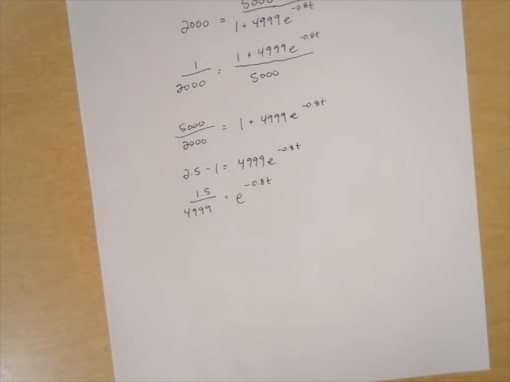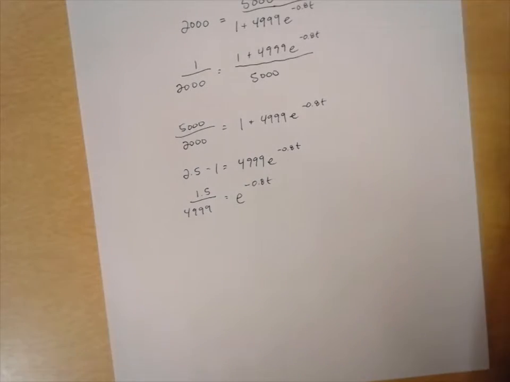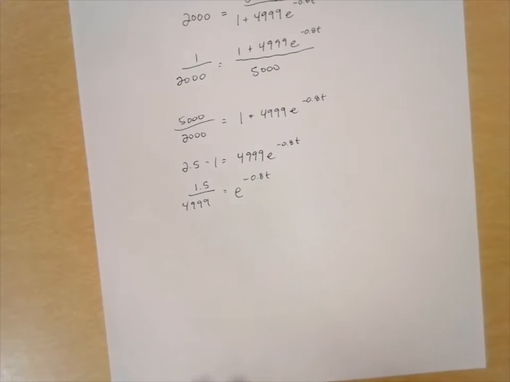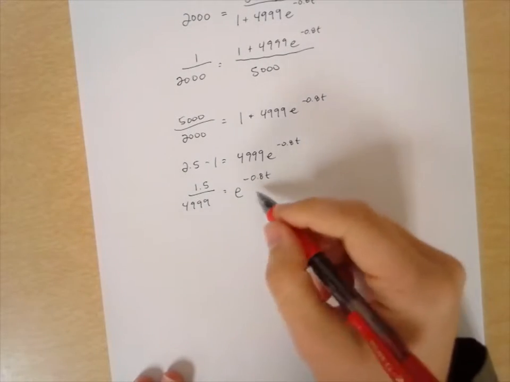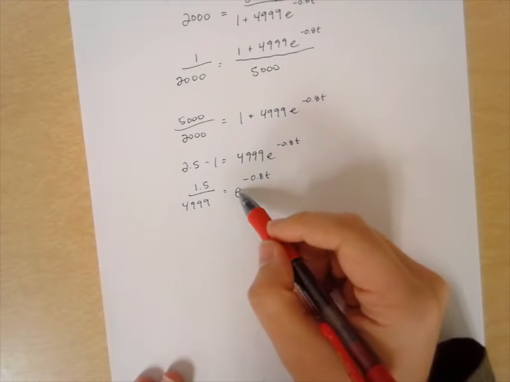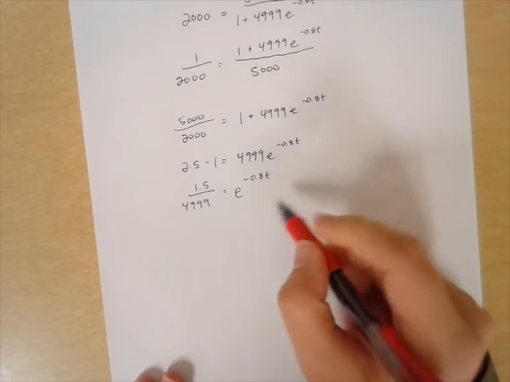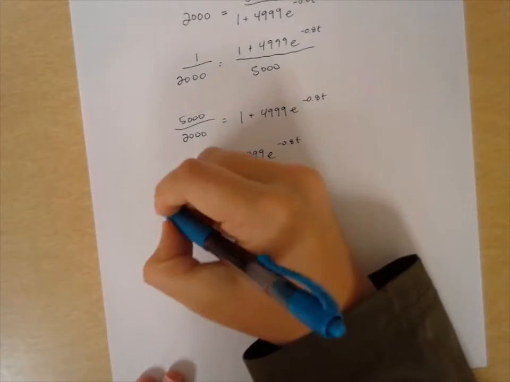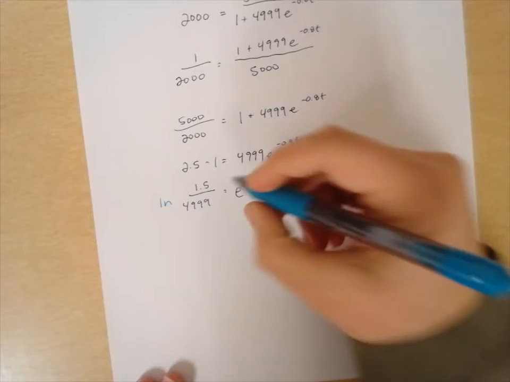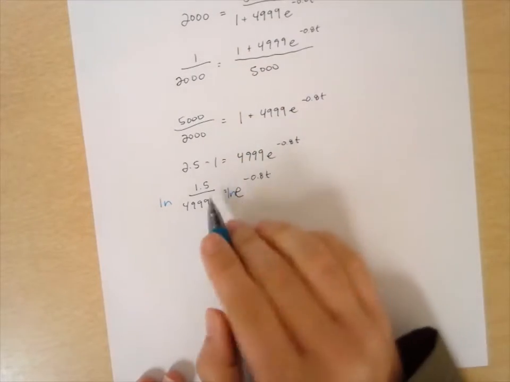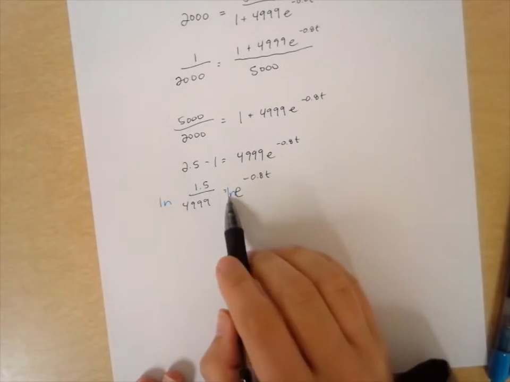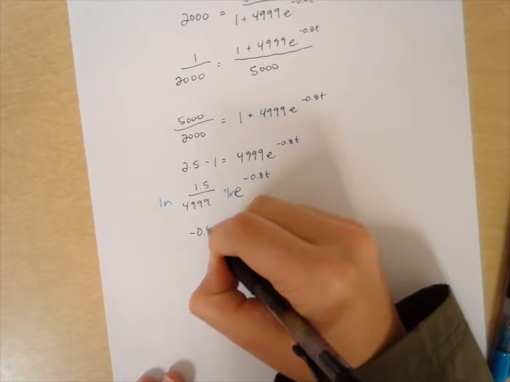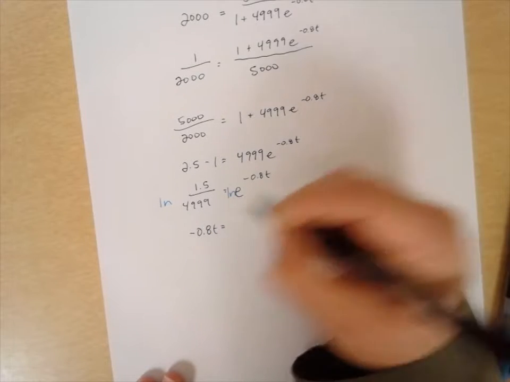Now, as we've gone through those exponential equations, we should see that now we're able to use a property to help us solve this. When we have an e that we don't want, remember we make everything a natural log. So that's what we're going to do right now. We're going to take the natural log of this fraction. We're going to take the natural log of this e. Remember, when we take the natural log of e, the e goes away. And so what I'm left with is negative 0.8t equals